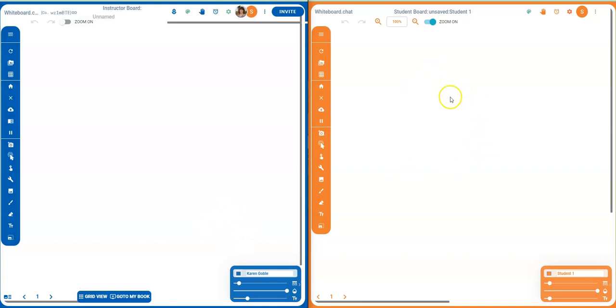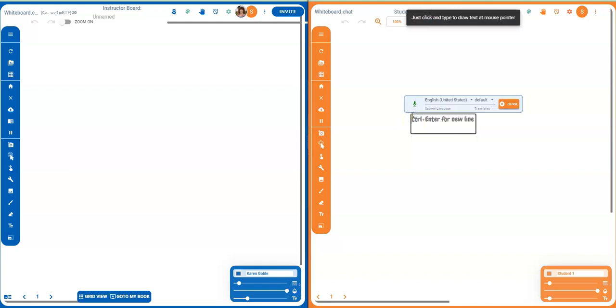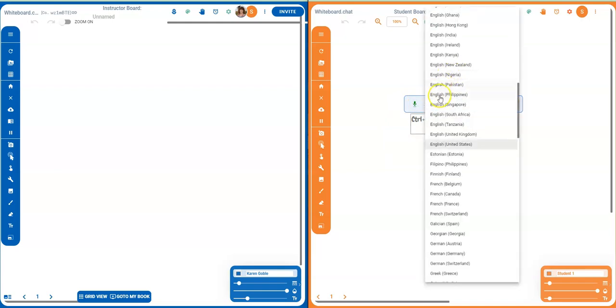Now I'm over here on my student board and I'm going to double click so I can get a text box. You'll notice that I have this that has appeared at the top. The student will need to enable the microphone, so they will get a little box that pops up and they'll need to say allow the microphone in order to use this. So now if the student is ready, they can click on, and what's cool is they can also do some different,